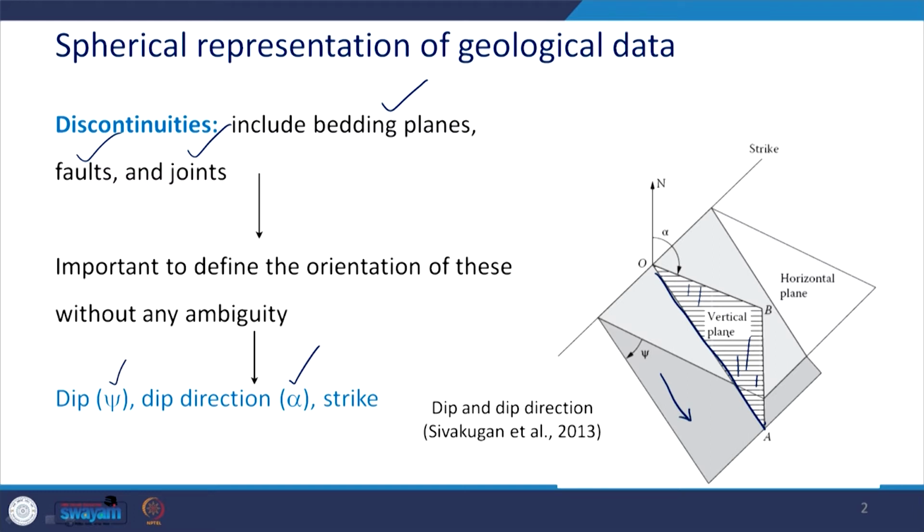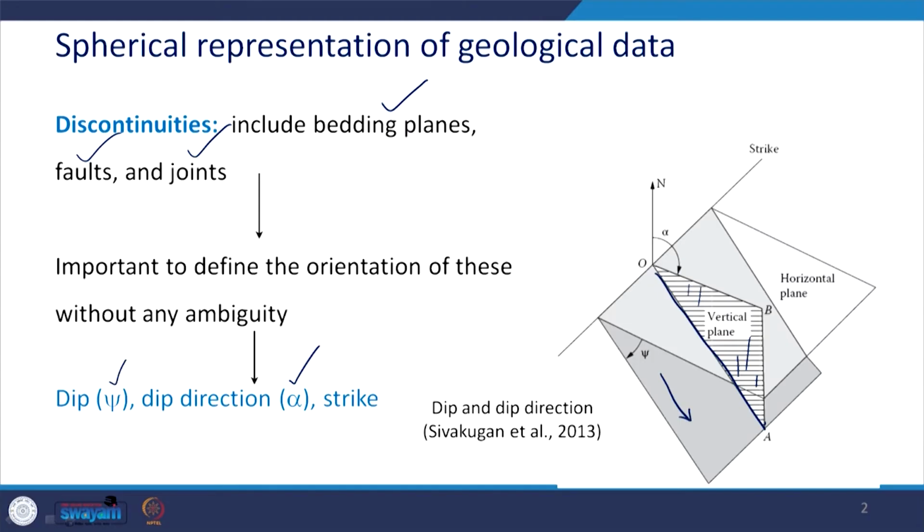So, you see that I take a vertical plane and that would intersect the horizontal plane along this line OB. The direction of this line OB with respect to north, that means this is the north, that is angle alpha,